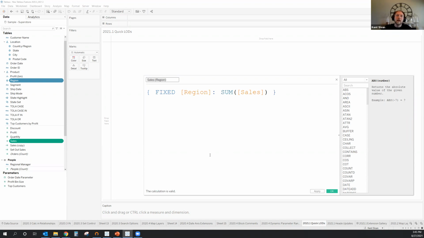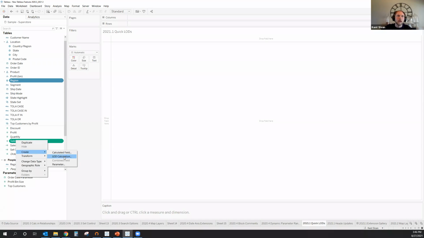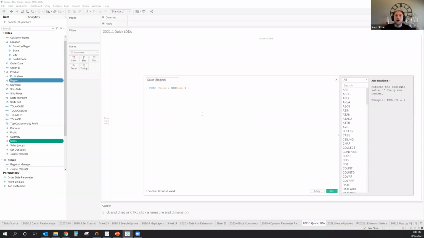So one, at this point in time, it only works on a single dimension as far as I know. So if I were to select city and state and sales, it doesn't give me the option of create LOD. So it doesn't allow for nested LOD statements yet. But in its hold control, select a dimension and a measure, right click, create, and then LOD. With this, it is assuming that we want to use fixed, and it is following the default aggregation of the field, which in this case is sum.